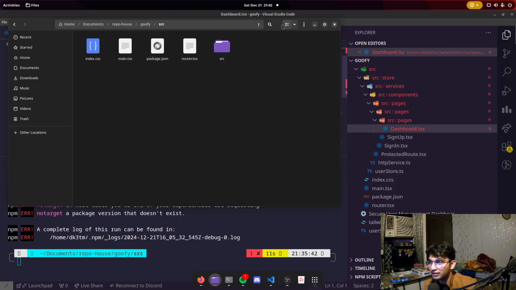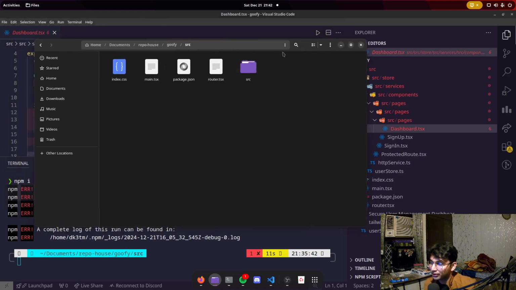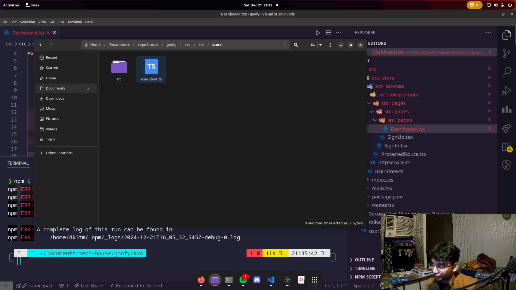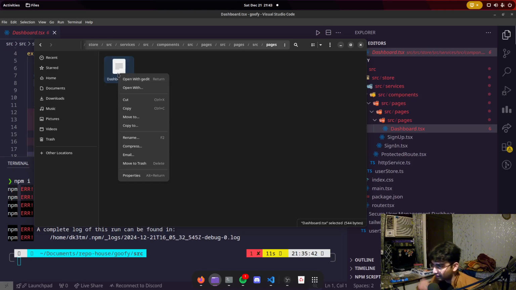And I checked in the file explorer. It's actually like so. There's a source folder. You go inside. There's a store folder, and then inside that is a source folder, services, the service file, and the source folder. And then there's a components folder. Inside that there is a protected route file, and then another source folder. Keep looking at the directory here. Pages, sign in form and source folder. Pages, sign up and source. Pages, finally the dashboard. So if I want to copy its absolute path,